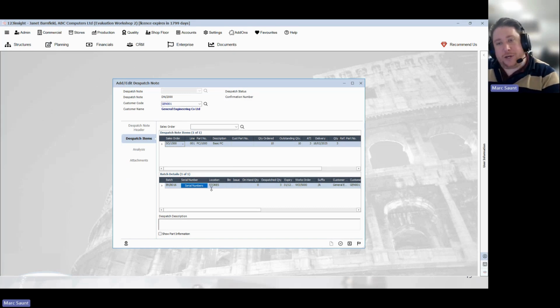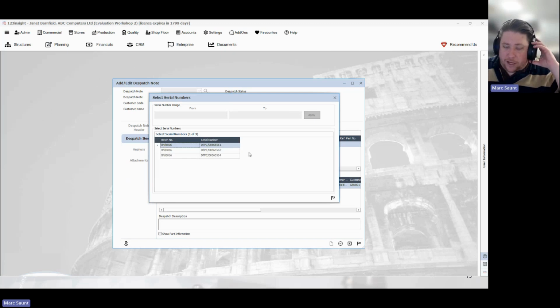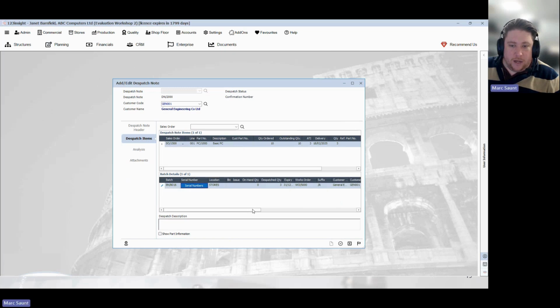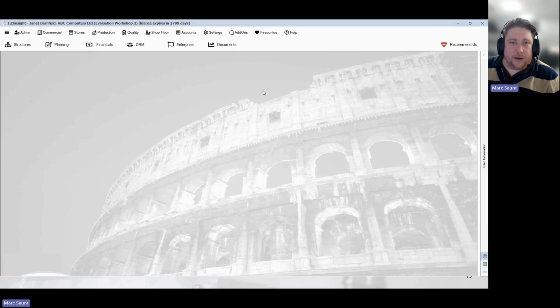If I was only shipping 1 or 2 of those, it would ask me, because I'm not shipping the whole batch at that point, it's going to say, well, which serial numbers are you shipping? But because I'm shipping the whole lot, it already knows. It says, well, you must be shipping 61, 62, and 64. Now that I'm happy with all that, I will give that a save,